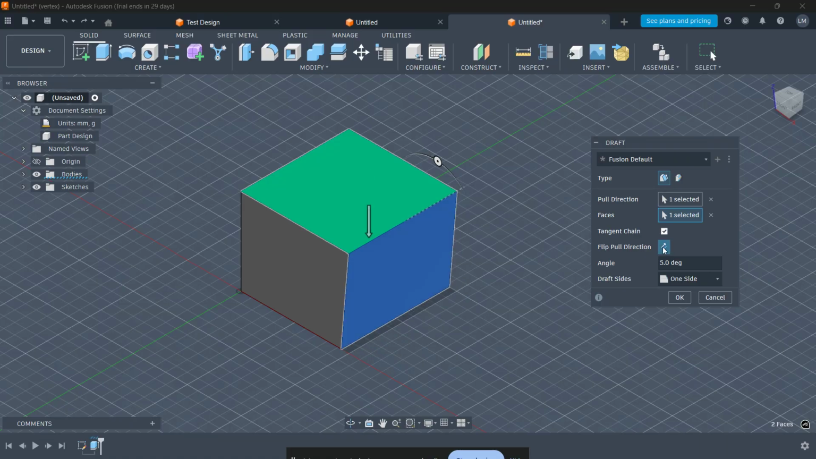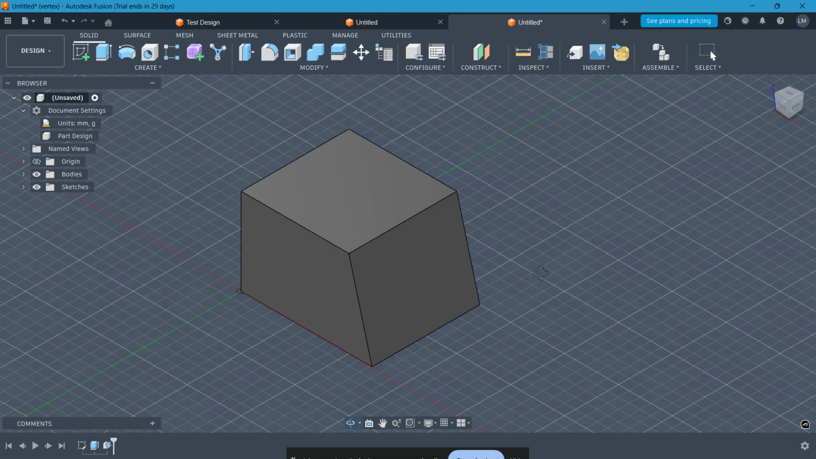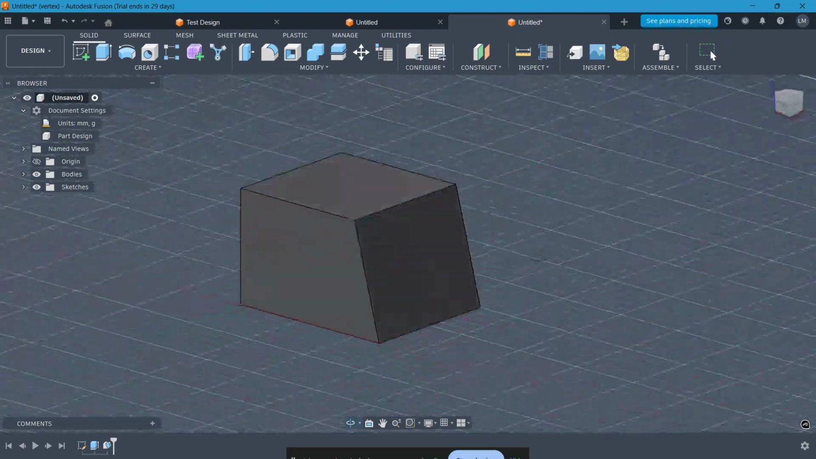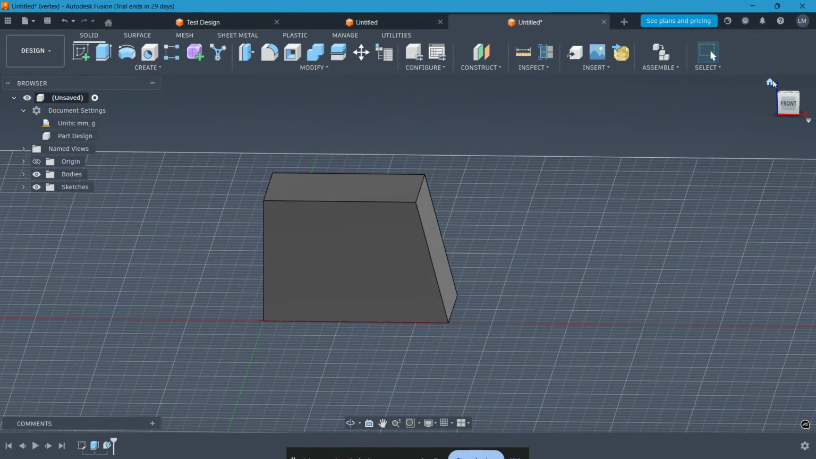If you are happy with the preview, go ahead and click OK in the dialog box. Fusion 360 will process the command and tilt the selected faces to create that perfect draft angle. Your part now has a professional taper that is ready for manufacturing. And that is it. You have successfully learned how to draft a face in Fusion 360 using the neutral plane